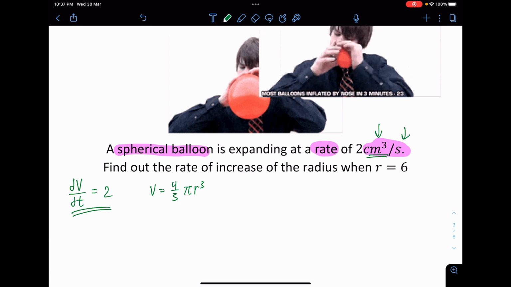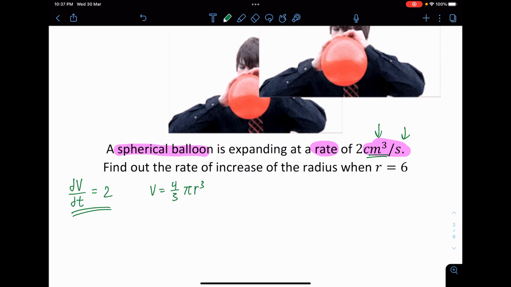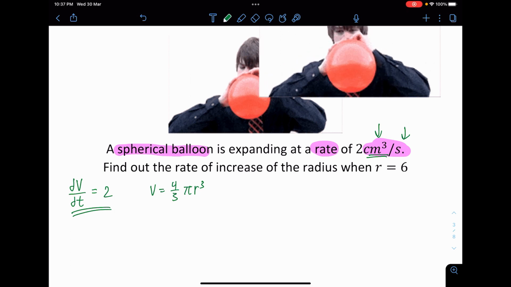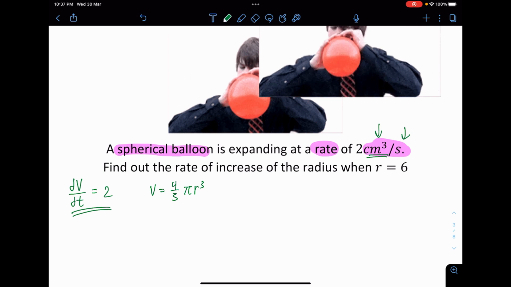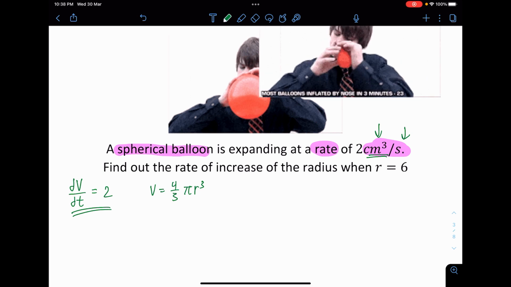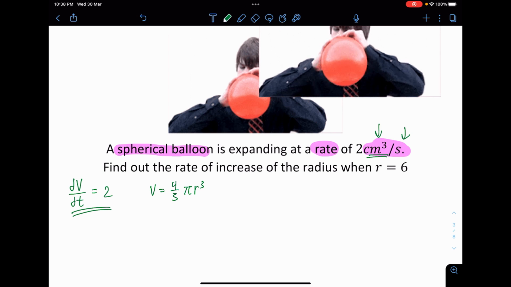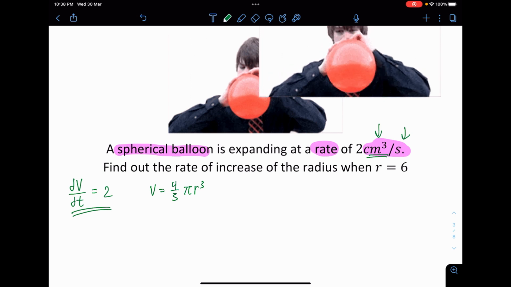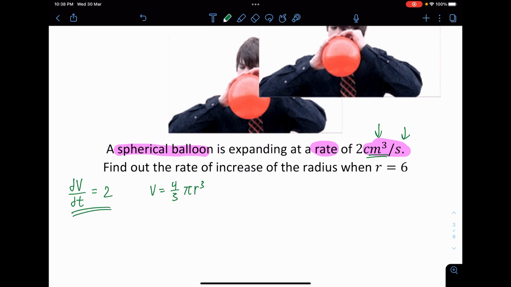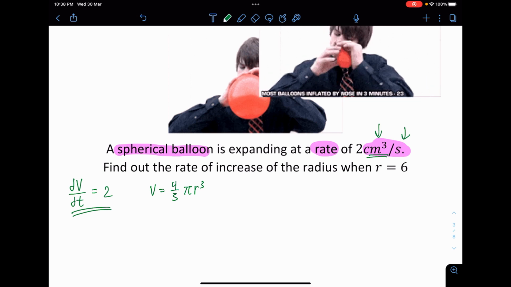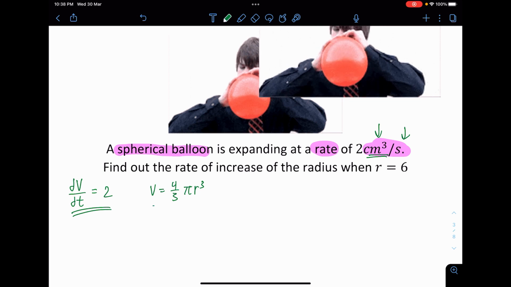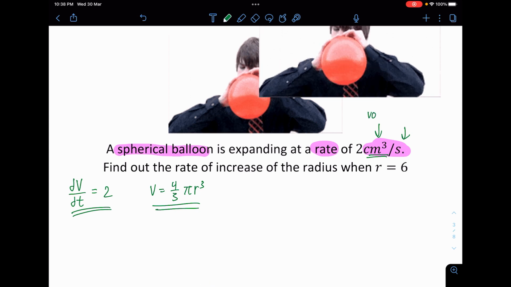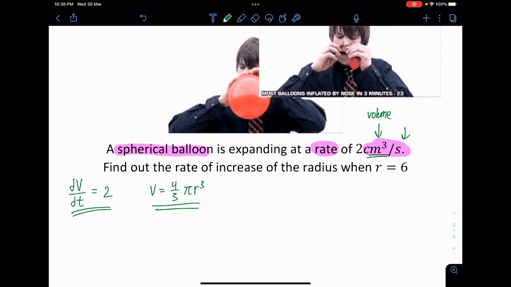I know what you are thinking. This is the volume formula for a sphere. I know that the question didn't tell you about this formula directly, but in story questions of rate of change, sometimes they don't give you the formula right away. You might have to figure it out yourself. The common formulas they will ask you to think about are volume or surface area formulas. It can be a sphere, a cylinder, or a cone. I choose the volume of a sphere again because I already have the idea that they are interested in the volume of the spherical balloon.